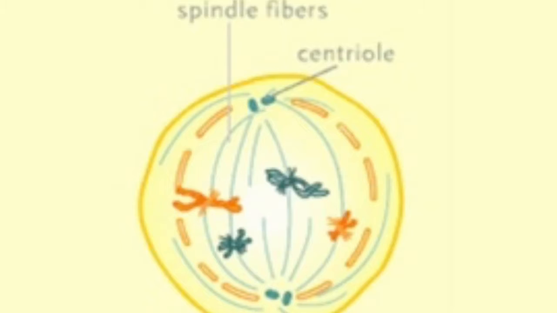Now we go into the M phase or the metaphase, in which the centrioles are now at the opposite ends of the cell, and the spindle fibers from both the centrioles attach to each one of the chromosomes. Now the chromosomes start to line up inside the metaphase plate in a little imaginary line, and it divides the cell into two. Now the spindle fibers begin to tug each chromosome towards the opposite end of the